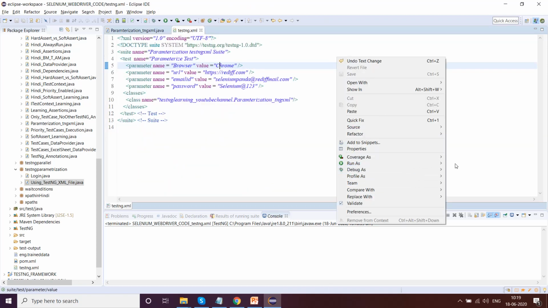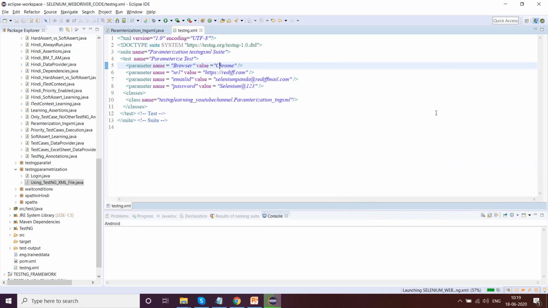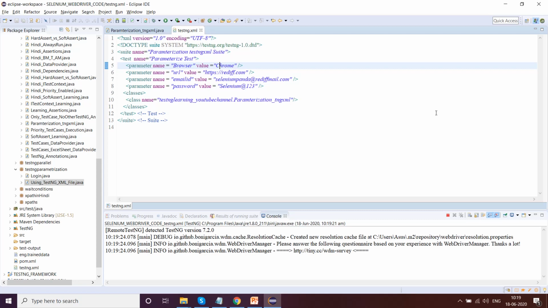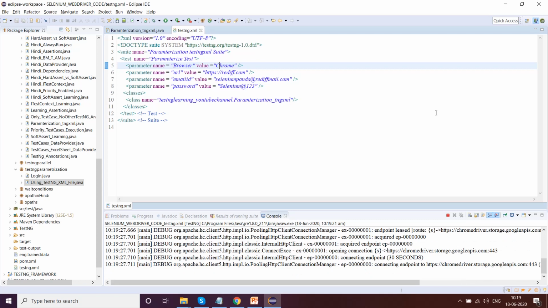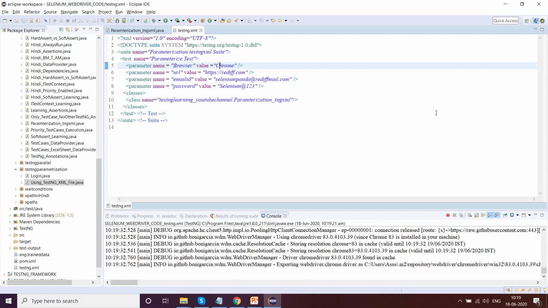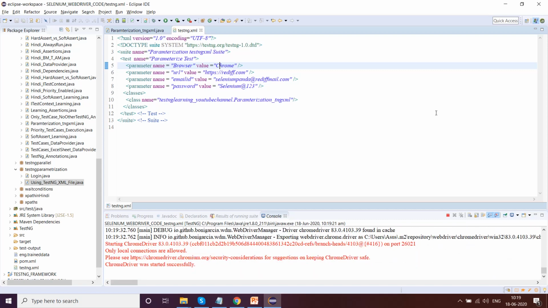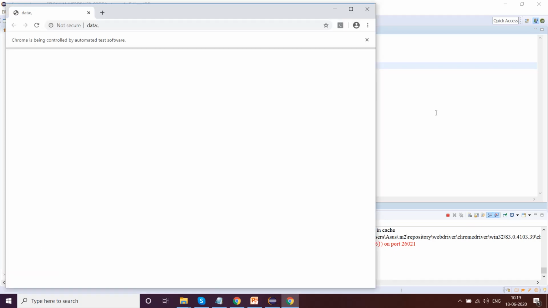So let's go ahead and run as testng suite. Now it will work fine. So this is very, very important. For parameterization using testng.xml, you have to make sure that all the parameter names and values are case sensitive, and should match equally in your class file.